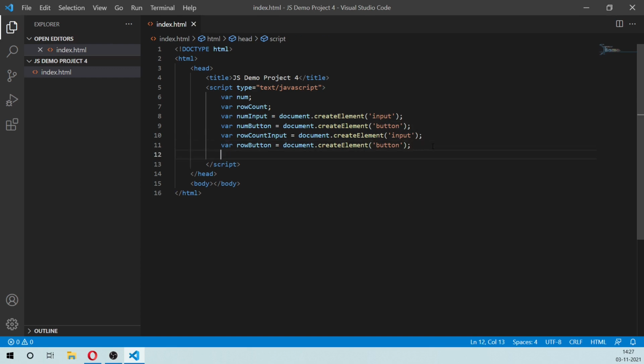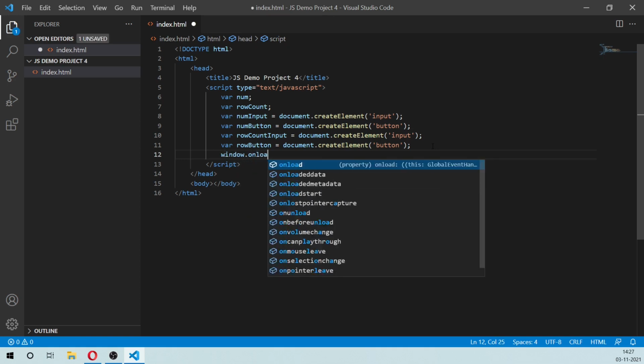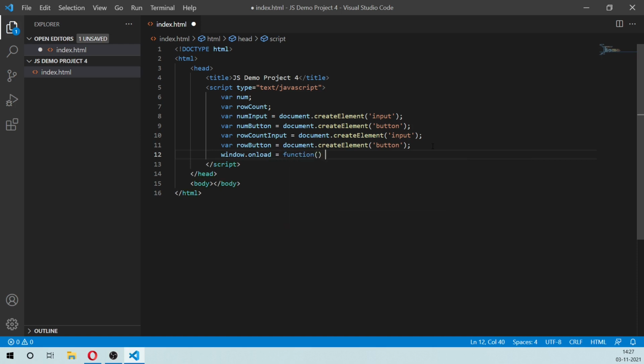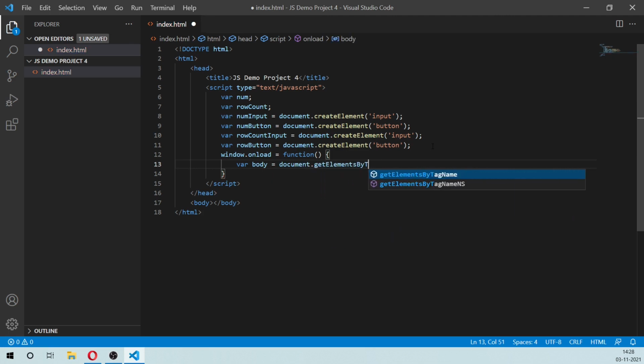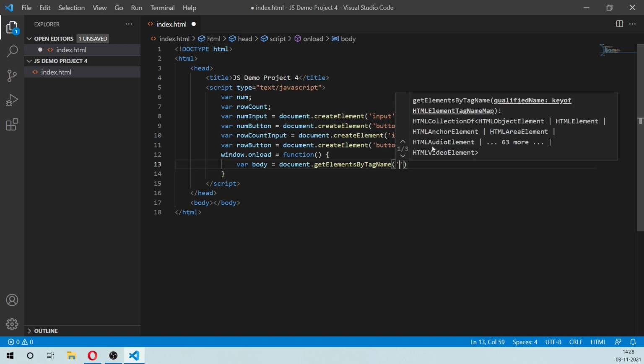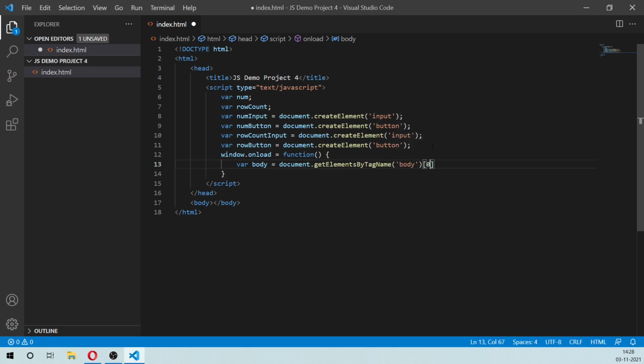Now let's go ahead and add these to the document. And for that, we have to do window.onload and then pass in this function, which will be executed when the window loads. So we're first going to capture the body of this document in a body variable, document.get elements by tag name, and we're going to capture the first element of the array that it returns.